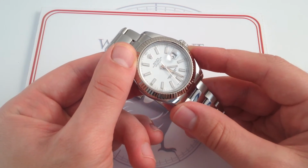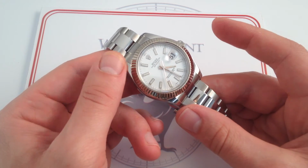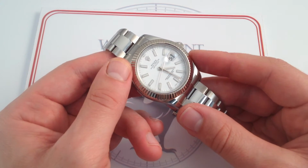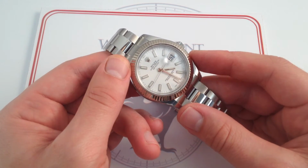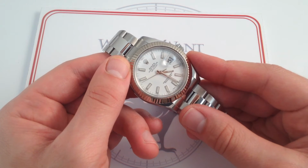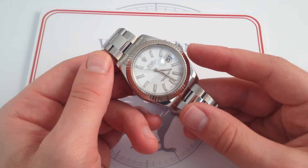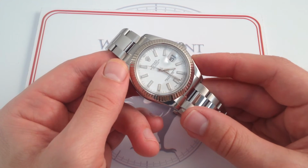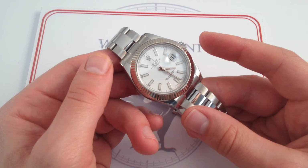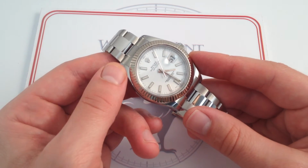But the most value inherent in this Datejust II may be inside the case. Now, when it bowed in 2009, the Datejust II introduced Rolex's 3136 movement, the first major overhaul of the 3135 workhorse in-house Rolex movement since the late 80s. It added a combination of the Parachrome blue hairspring and the new Parashock shock protection system, both made in-house by Rolex. Parachrome blue adds extra thermal, positional, and magnetic resistance to the movement, so better accuracy, but also better durability